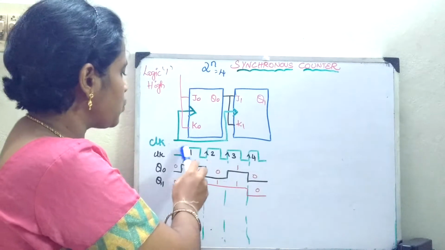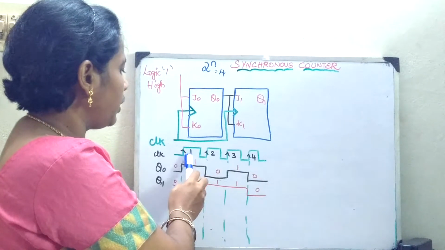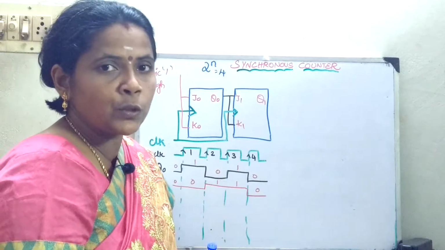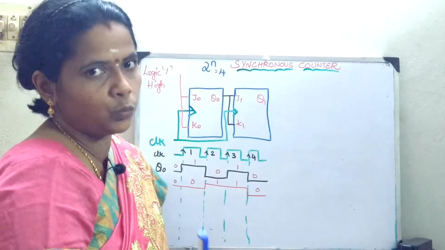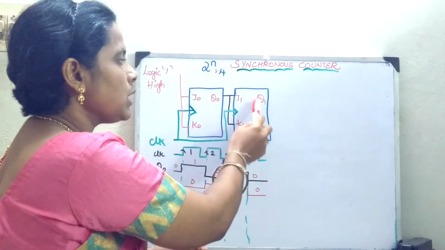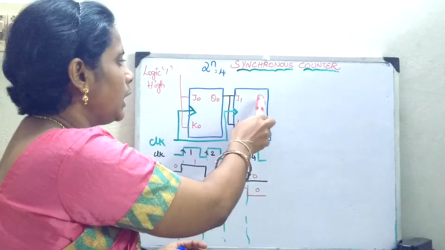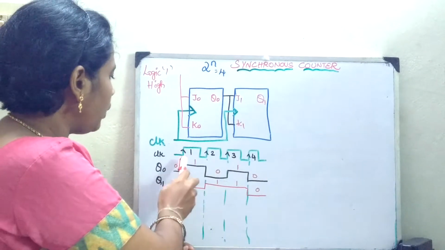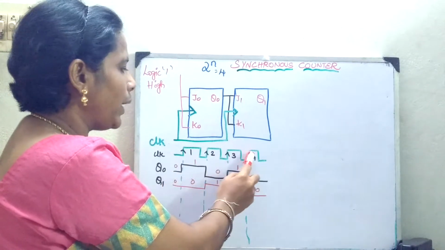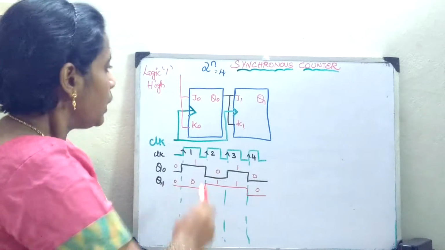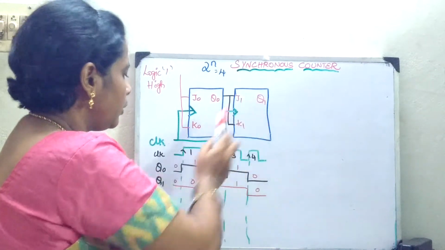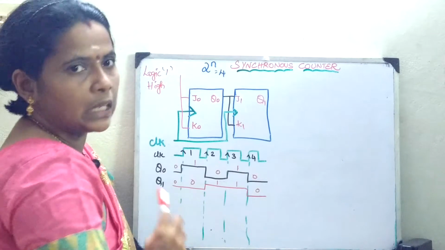Now let us analyze with the clocking circuit. I have given 4 clock pulses, which will recognize the 4 states 0 0, 0 1, 1 0 and 1 1. Initially the flip-flops will be reset and have a 0 value. The clock pulse I have used is a positive edge triggering pulse. Whenever I apply the first clock pulse, initially Q0 and Q1 were 0.